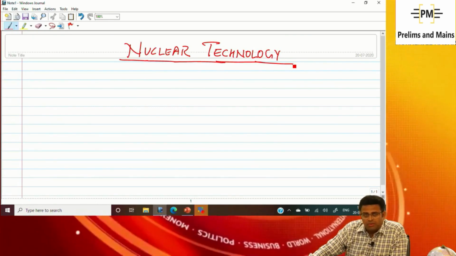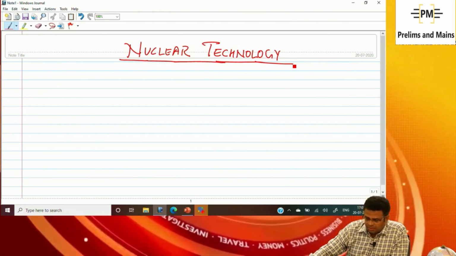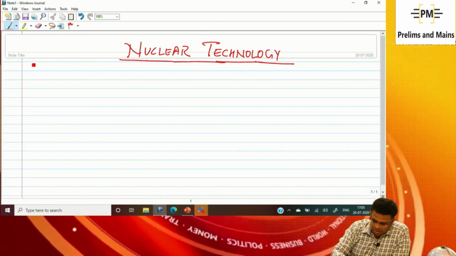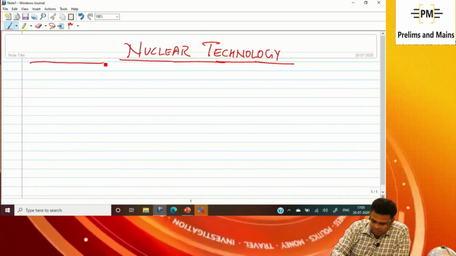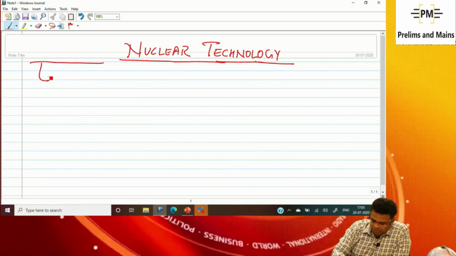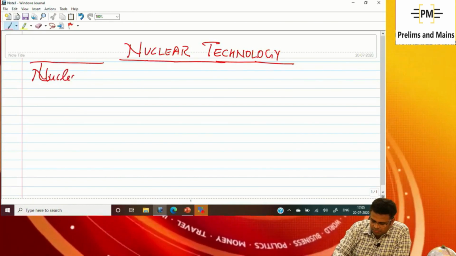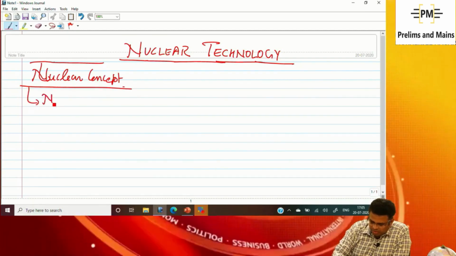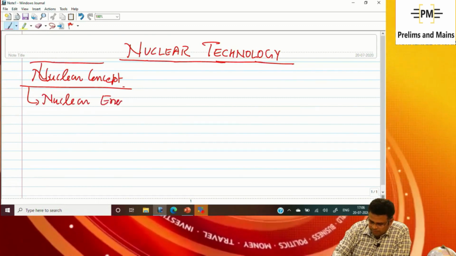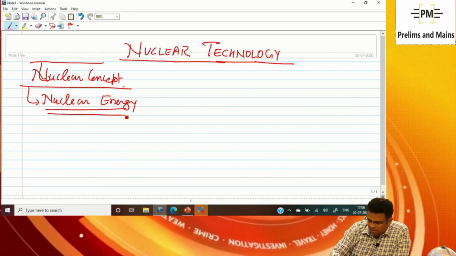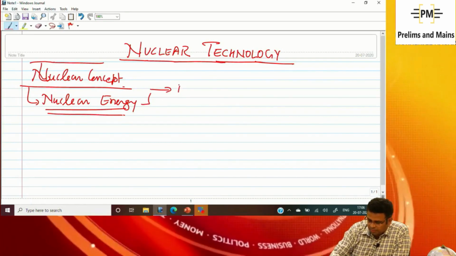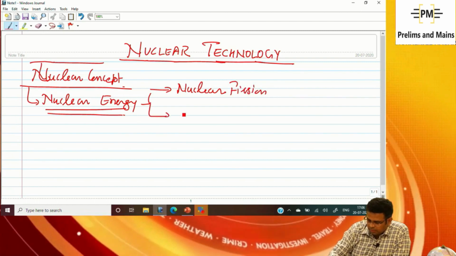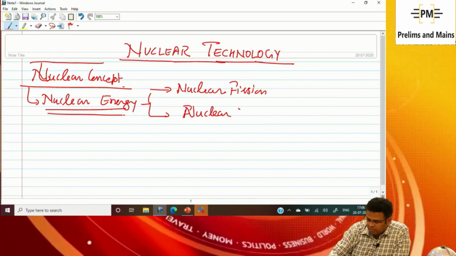So, nuclear technology that we are going to see, and so many things under it we'll have to see. First, I am going for the flow chart for the nuclear technology. First, we will see the nuclear concept. In this one, we will have to see nuclear energy, and under the nuclear energy there is nuclear fission, nuclear fusion,